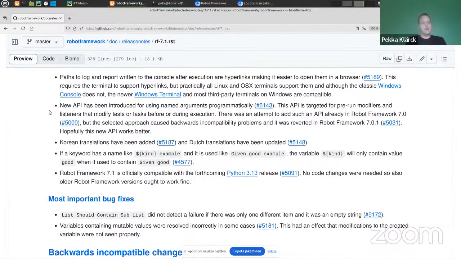There's actually one thing I want to point out here, which is that we got these Dutch translations from the Dutch community. I don't understand Dutch, so I didn't really review what they are. But I believe there were multiple people discussing them, so I believe that they are good. What we did is that we just replaced the old terms. So there's actually a backwards incompatible problem there: if you've been using Dutch data with those old terms,